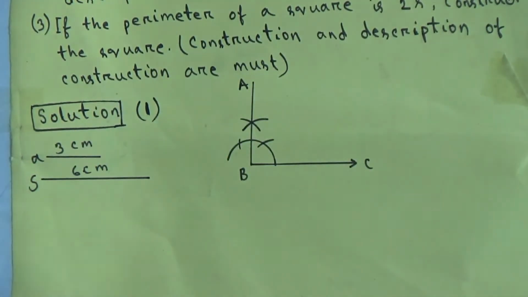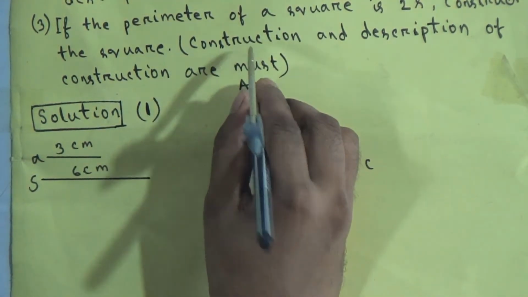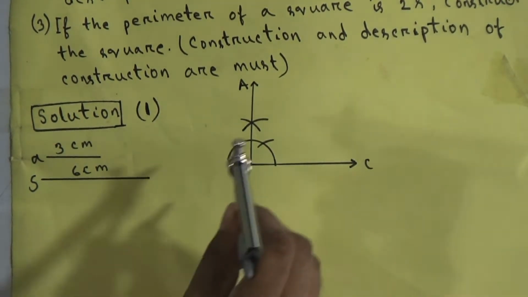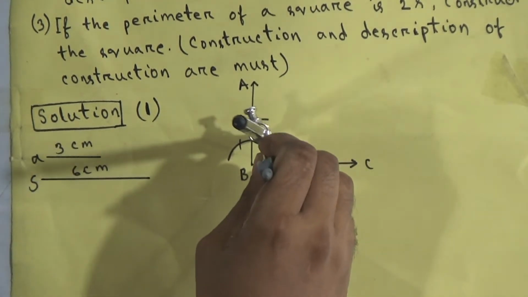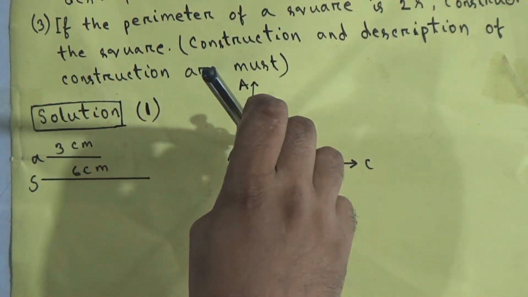This name is A. Now this is a 90 degree angle. Now if we draw the angle bisector of this angle, then this angle will be divided into 2 equal parts. That means we will get a 45 degree angle. Now how can we divide this angle into 2 equal parts? At first we will draw an arc in here taking a radius which measurement will be greater than half of this